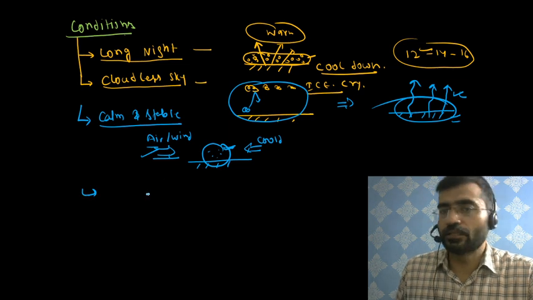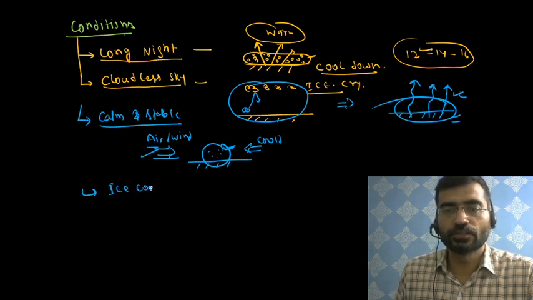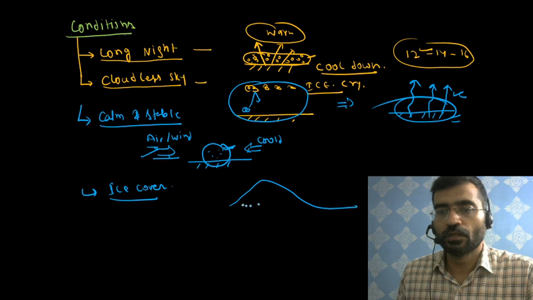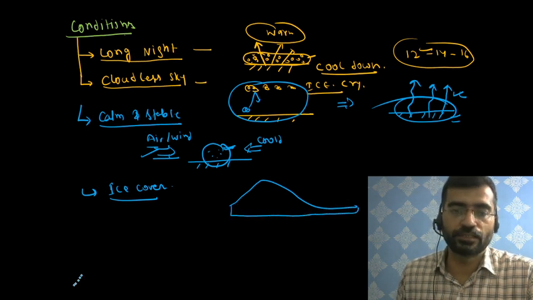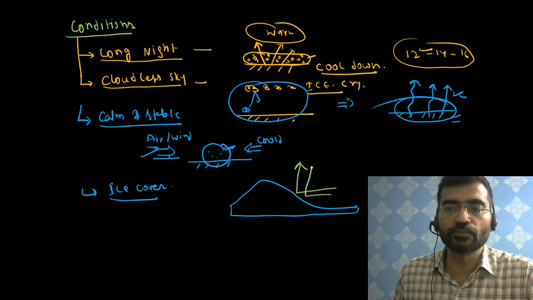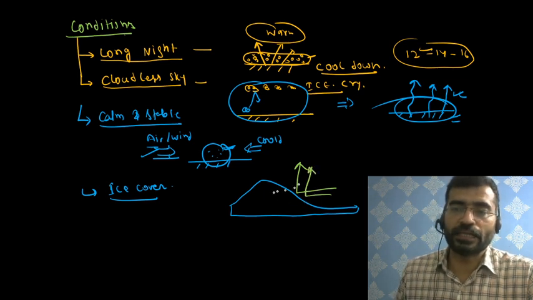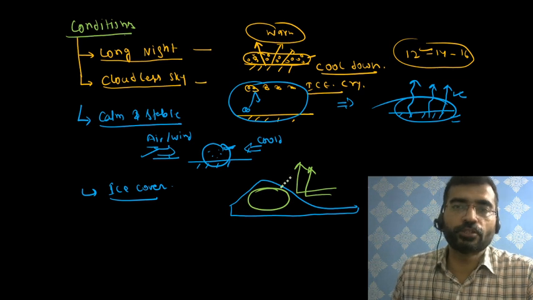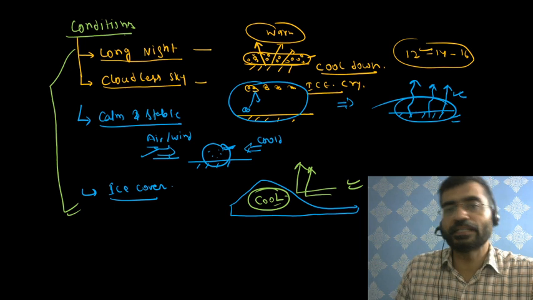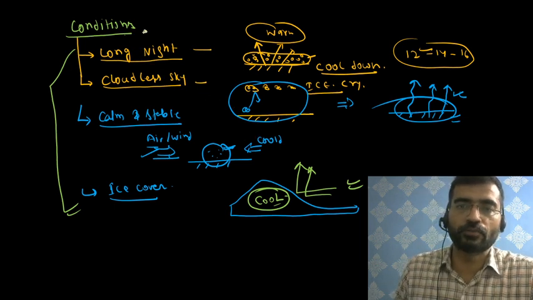Again, you may write here like the snow covered area or ice covered surface. You know very well, ice covered surfaces are able to reflect more light. So with very high albedo, the snow covered area reflects more light, and thereafter what happens to the temperature of the underlying surface? It remains very cool, and that makes the conditions for the temperature inversion. So this way you may write about 4 or 5 points with respect to the condition.